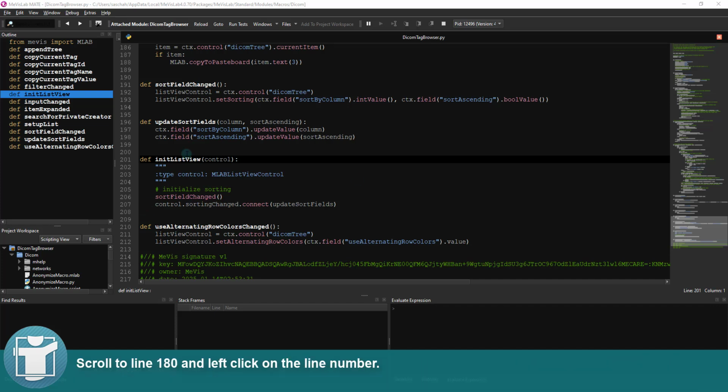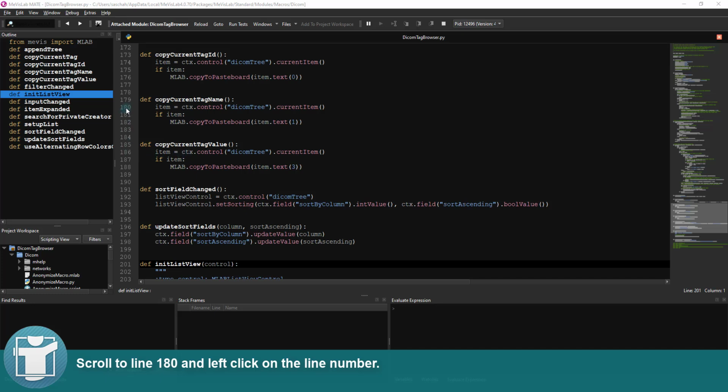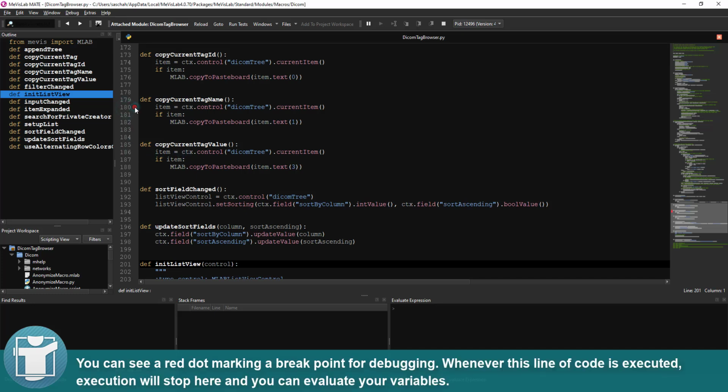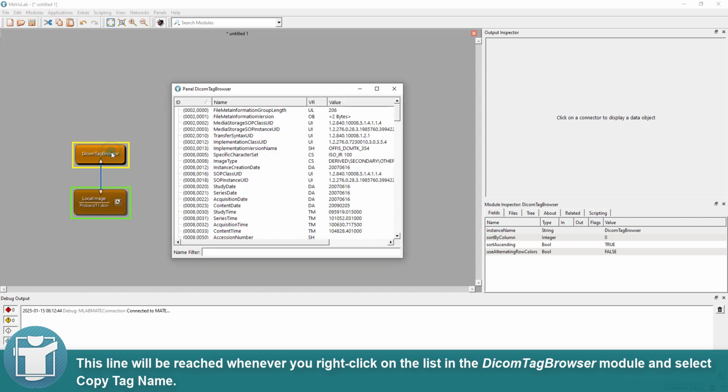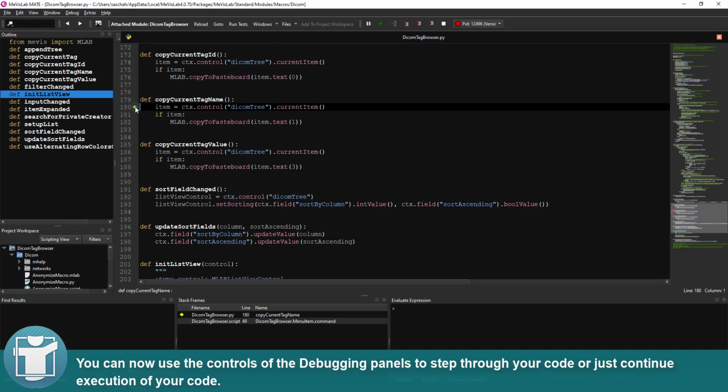Scroll to line 180 and left-click on the line number. You can see a red dot marking a breakpoint for debugging. Whenever this line of code is executed, execution will stop here and you can evaluate your variables. This line will be reached whenever you right-click on the list in the DICOM tag browser module and select Copy Tag Name. You can now use the controls of the debugging panels to step through your code or just continue